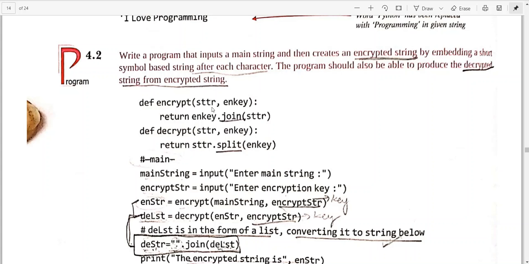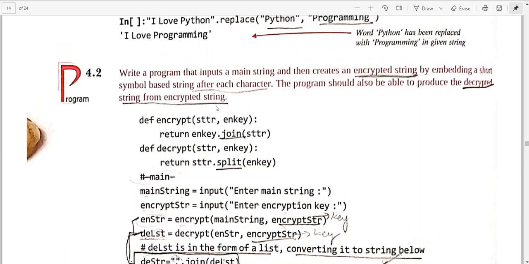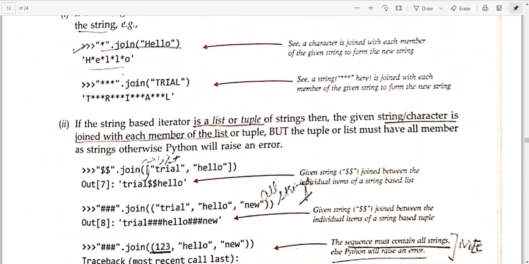So this string you are giving, like hello you have written, and what text you are inserting inside will be your key. So str is your text, that hello you want to say to your friend, and what additional characters you want to put inside it. Like I have given this example again, like 3 stars you want to put inside.